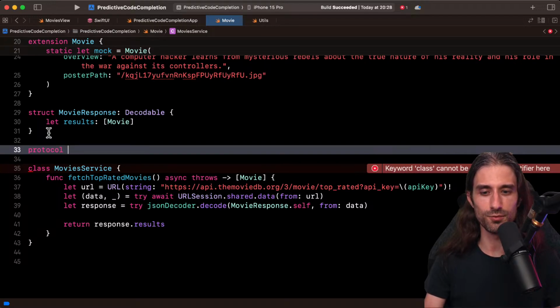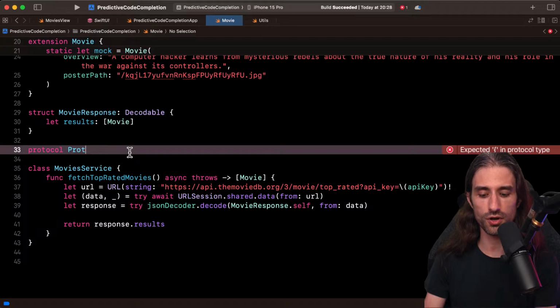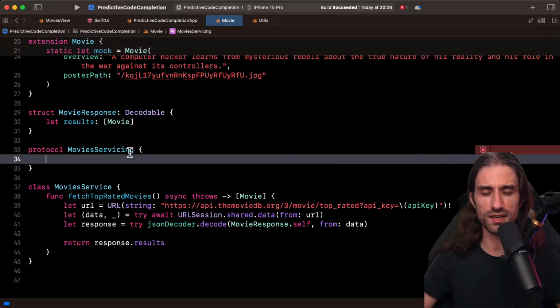It doesn't suggest something like movies servicing, but I'm going to start and write movies just to see. Movies view model type. No, not what I want. But if I start to be like that, okay, it's the first time I see this UI. I don't know what it's gonna do. Oh, it suggested to change the name completely to protocol. Okay, so not what I wanted at all. So I'm just going to give it the name movie servicing. And now, can it suggest to write the same function signature and what we have below?